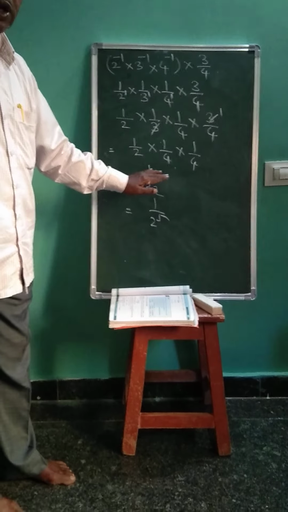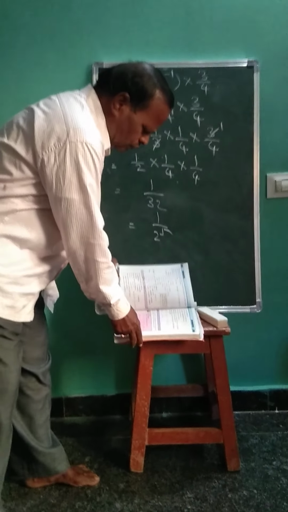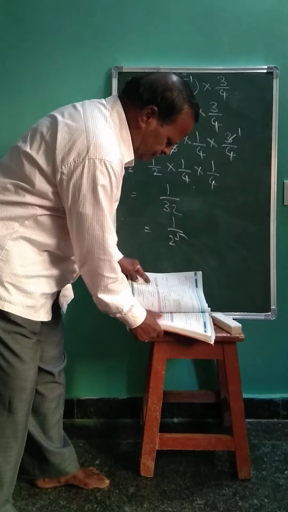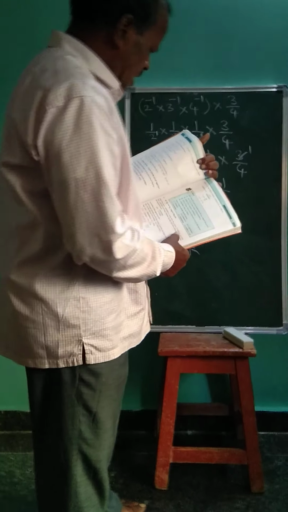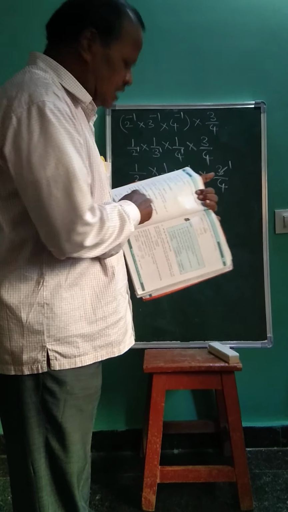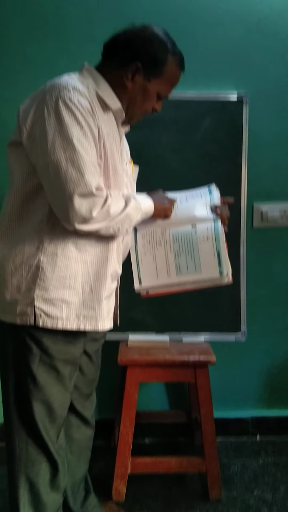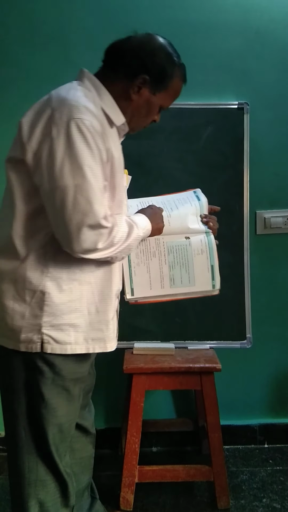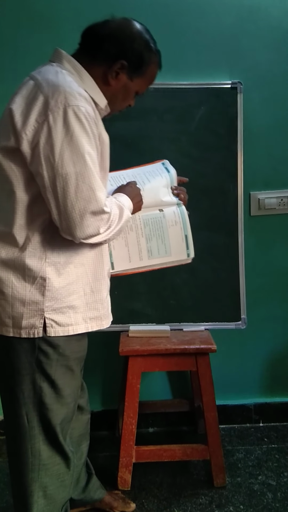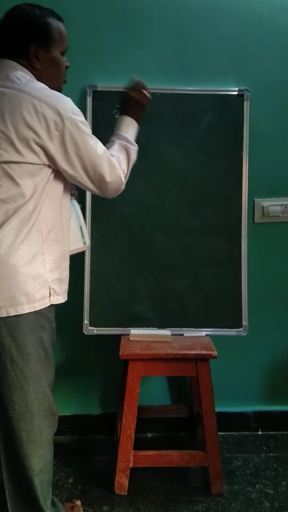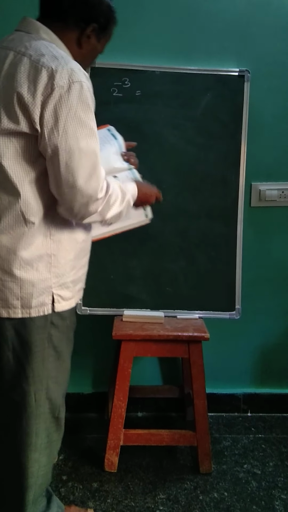So this is one problem taken from the exercise. One more problem I will take from the exercise. You see another problem, and we have already completed this type of problems. I am writing the simplification from the exercise only. So one more problem I am taking, the 7th problem. So the 7th problem you see here, 2 to the power of minus 3 is equal to 1 by 2 power x.